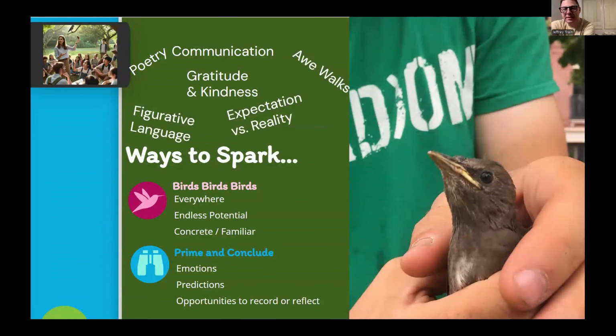So, I guess it's becoming the theme of the night. Birds, birds, birds. I definitely believe that they're just this great way to get a foot in the door, basically. No matter where you are, right? In the suburbs, in an urban environment, there's a bird there. The birds are our neighbors. They live with us, all around us. And there's just so much potential. You can talk about changes. You can talk about migrations, right? And what those mean and the symbols, the nesting season, communication and sounds. You've already heard some of those things.